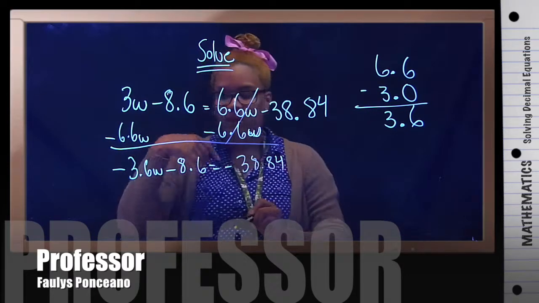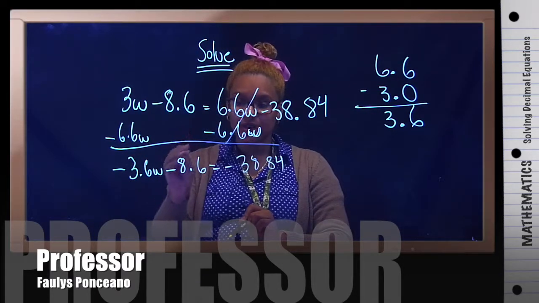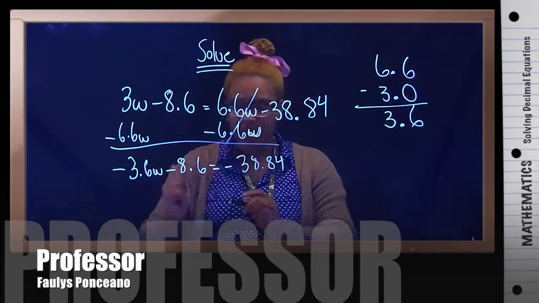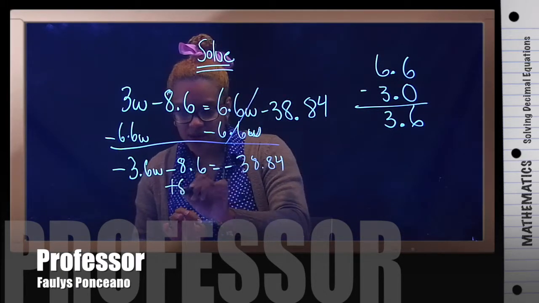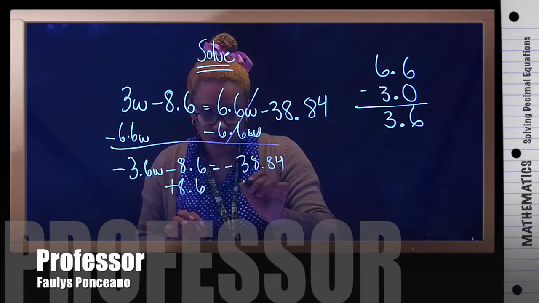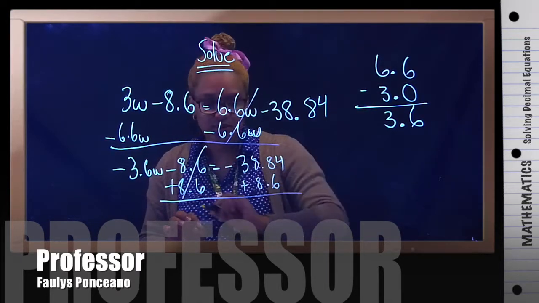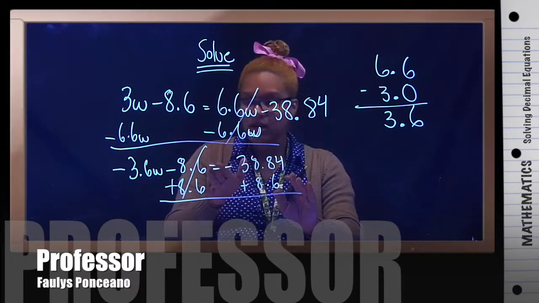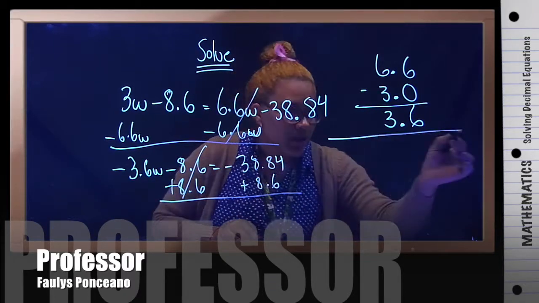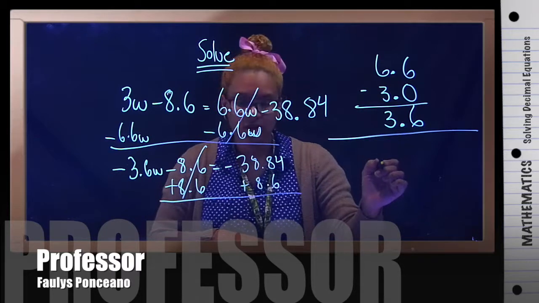38.84. Now I'm going to move this negative 8.6 to the other side. Do the opposite, so I'm going to add 8.6. Cancels. And because I'm dealing with decimals, I'm going to write it on the side. So I have